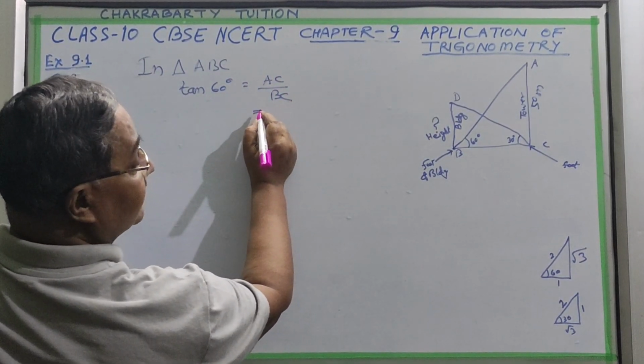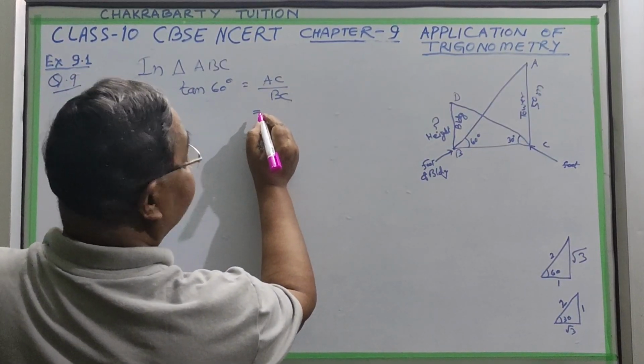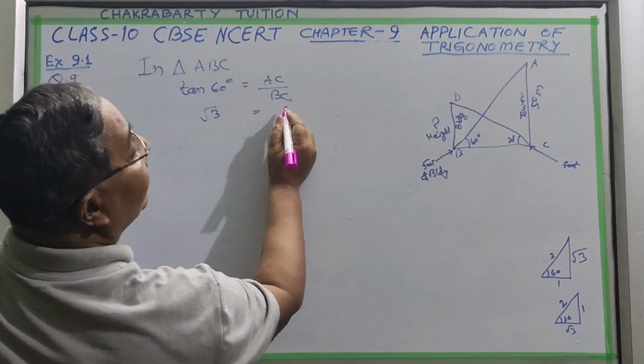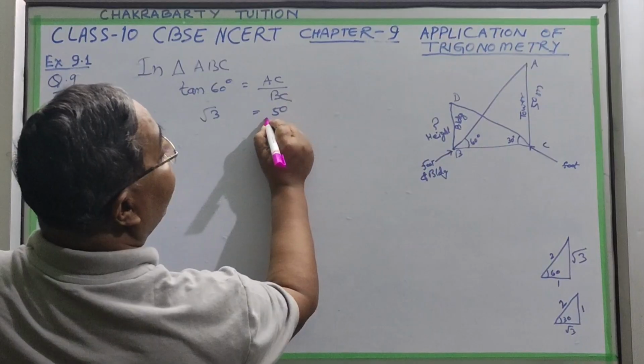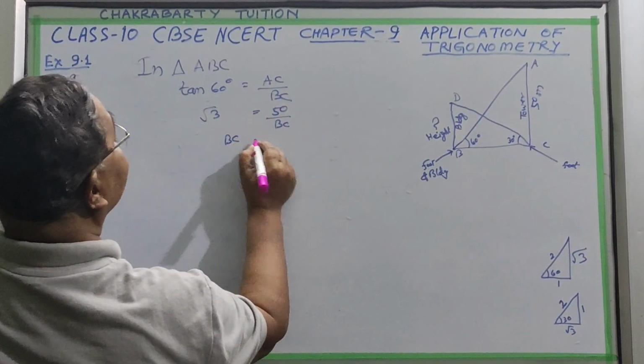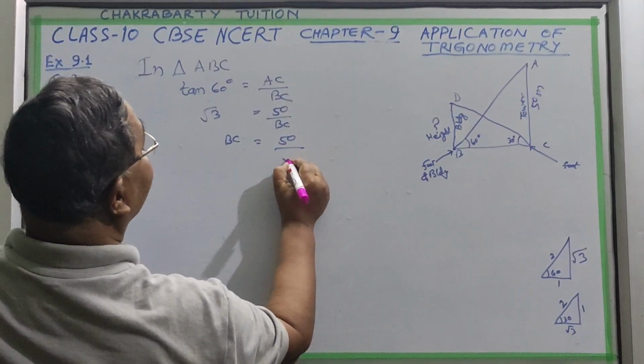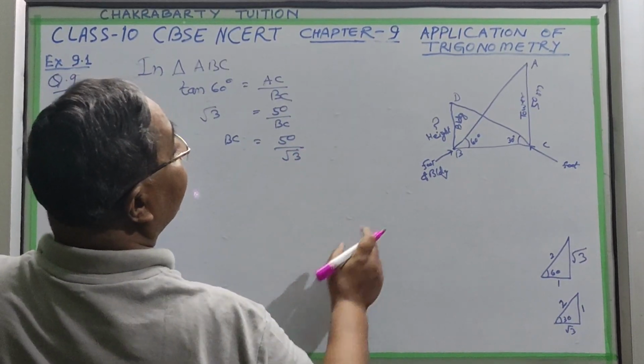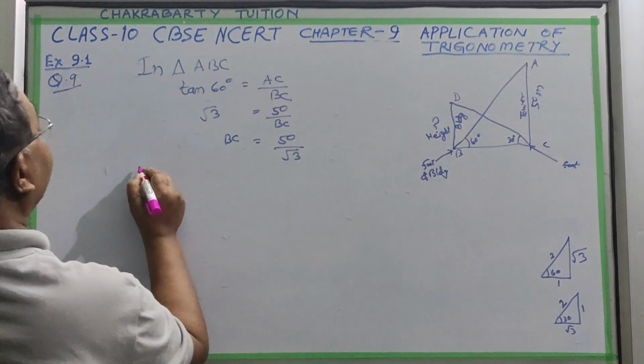Okay, tan 60 is under root 3. AC is 50, and BC we have to find out. So BC will be 50 upon under root 3. Okay, now we will find this in triangle